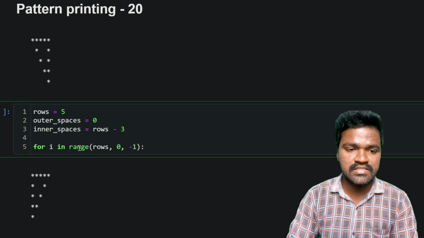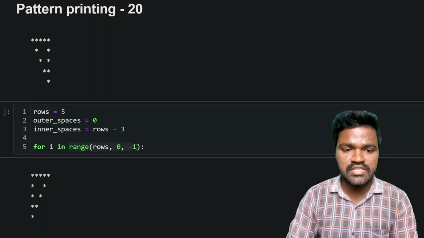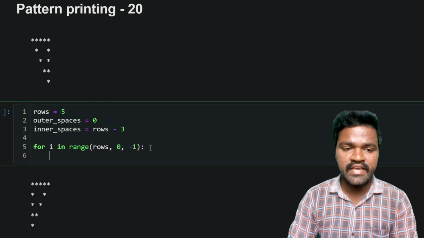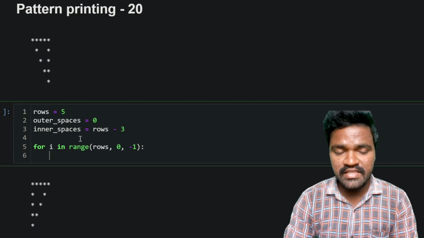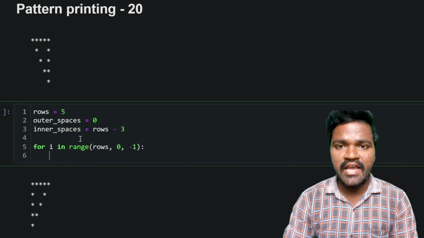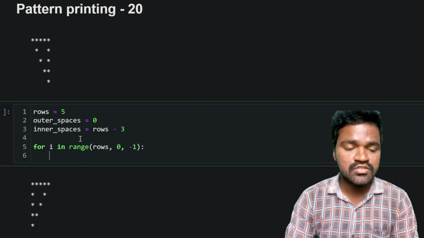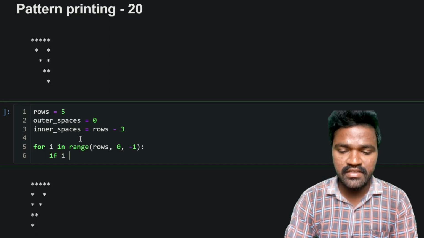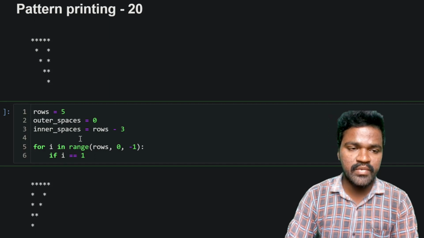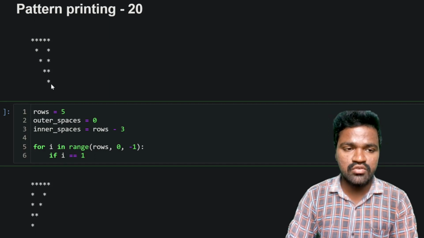So by mentioning this range function with rows, 0, minus 1, we will be generating a range of values from 5 to 1. So in the for loop, what I will be doing is that I will mention a condition. So whatever the condition is, if i is equal to 1, which is of this particular value,